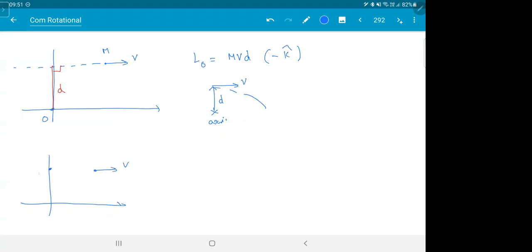This is going with V. This is A. Look at here. This is R bar. That is V bar. Both are parallel. So if they are parallel, what will happen to the cross product? 0. Basically, there's no perpendicular distance. So angular momentum about A is 0. Now can you do for C and D? Get it? B and C.